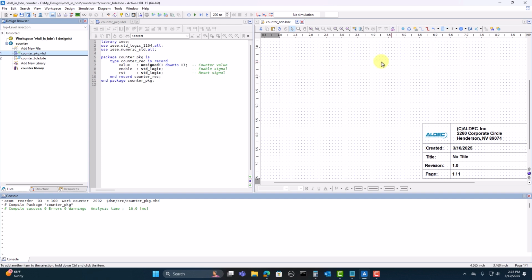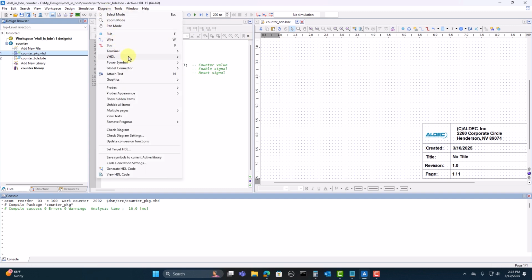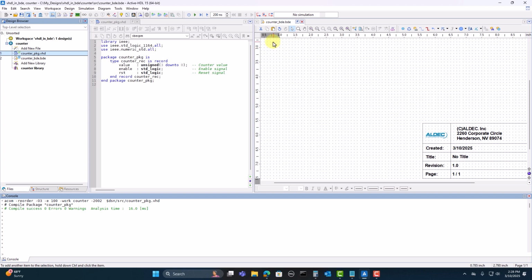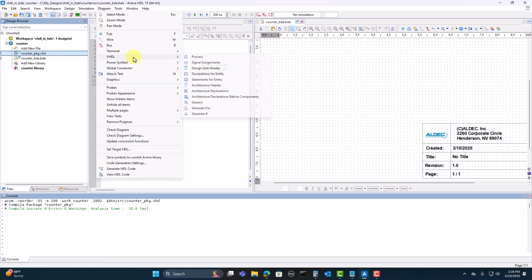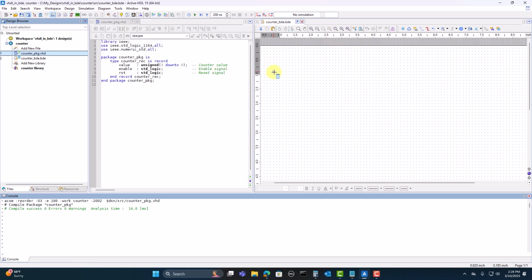You can also find these options by going to the diagram option while the block diagram editor is still open, and going down to the VHDL option. So I'll start off with the design unit header. Back to diagram, VHDL, and click on design unit header. And then I'm going to click within the editor space, and a light purple box should appear with the header text. For this example, I'm going to only use standard logic 1164 and numeric standard. I'll also use the package of the designs library, which I called counter,